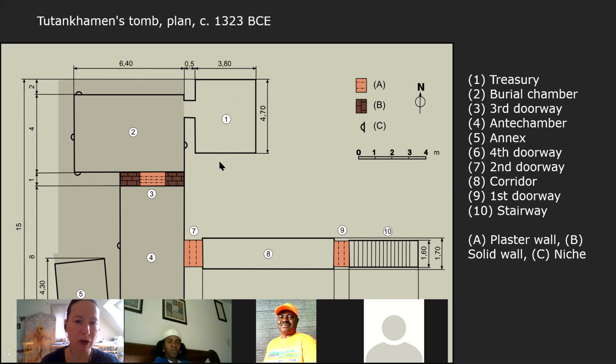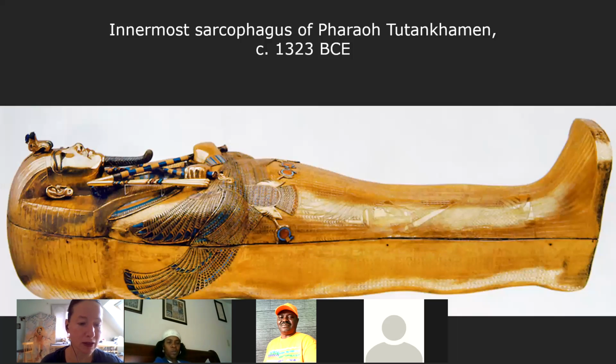The treasury would have been all the goods and artifacts that would have been buried with the pharaoh. And again, they were the most precious objects that Egypt had, meant obviously for the pharaoh to enjoy in the afterlife. Tutankhamun died early in his life, and the sarcophagus wasn't ready. He died maybe in a battle or in a chariot race, not far away from Thebes. So it was a kind of a rushed